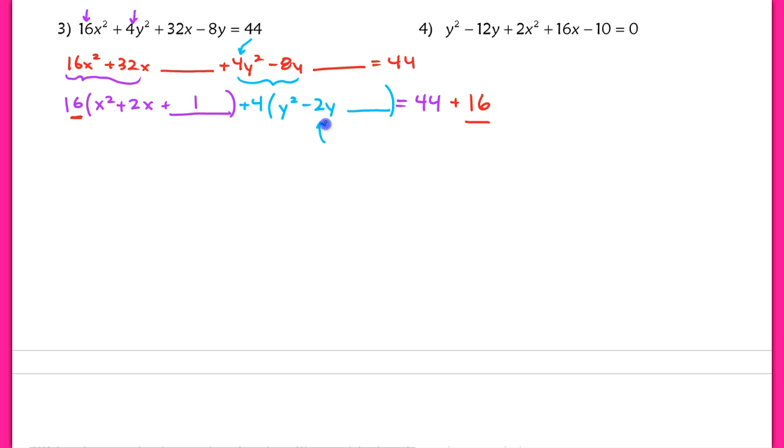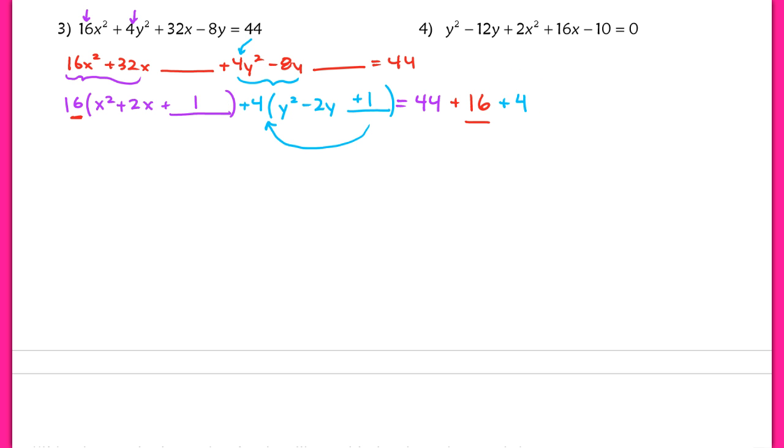So I cut that negative 2 in half and I square it. When I do that, I end up with, again, a positive 1. So be careful that you don't just add 1 over here. It's the same reasoning here. We're going to have to multiply it by 4. We're really adding a 4 to the left, which means we have to add 4 to the right-hand side of